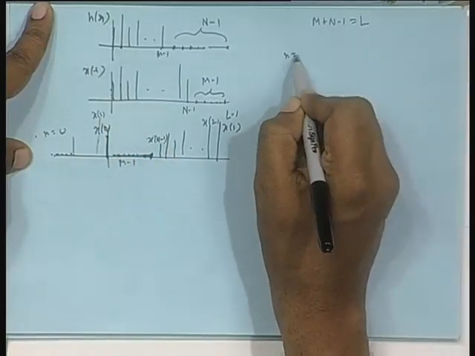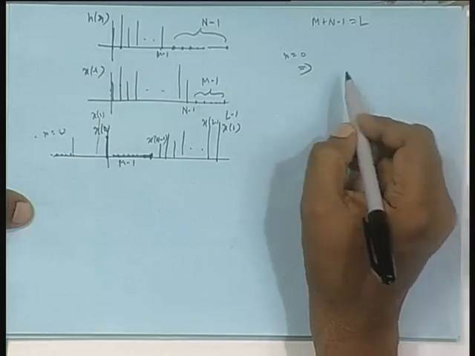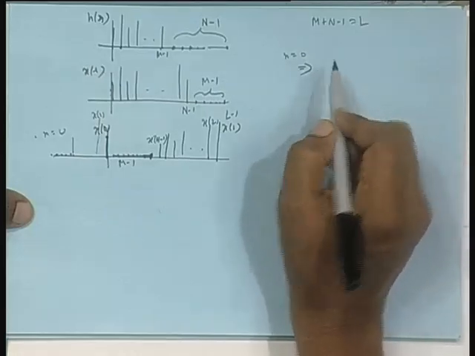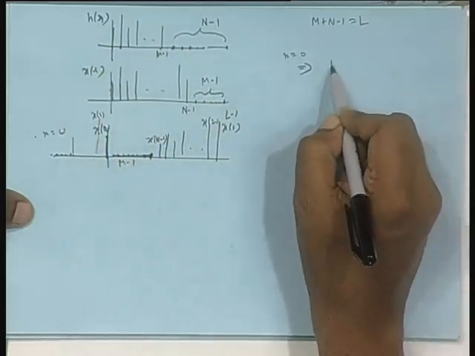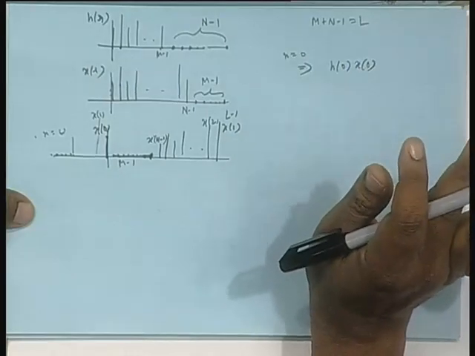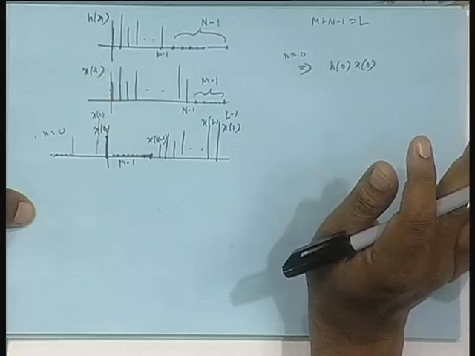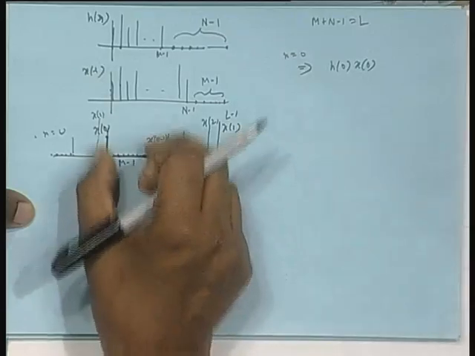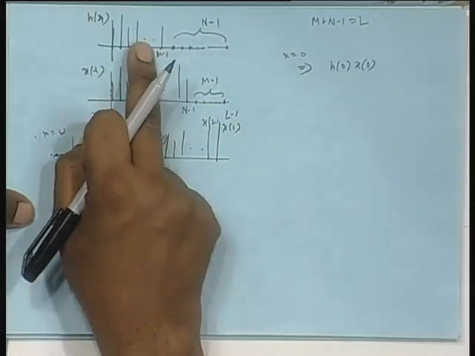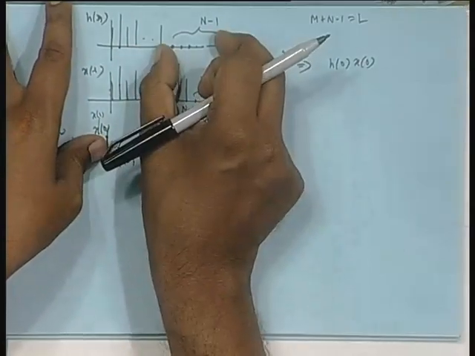So, n equal to 0. This is called the 0 padding technique, 0 padding. That means n equal to 0 means only h 0, which is a linear convolution, the correct linear convolution result, isn't it? You understand these zeros, how many? M minus 1. How many samples here? 1 is already here, so n minus 1. How many zeros? N minus 1.